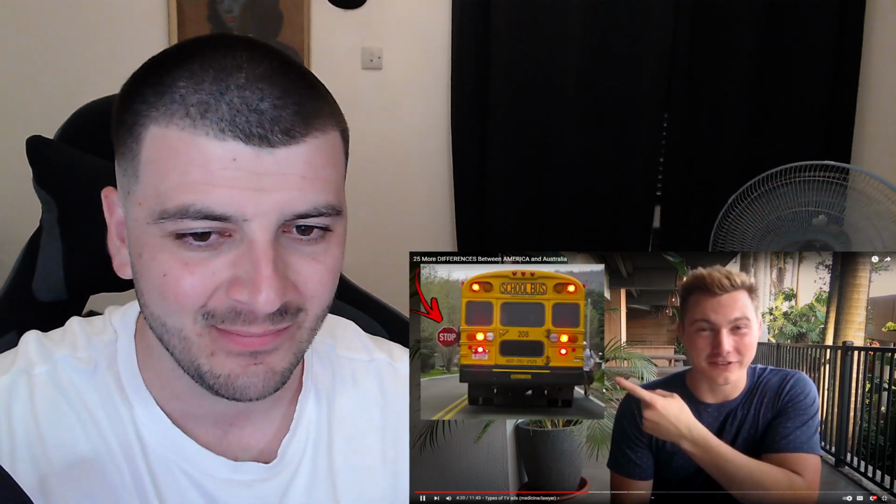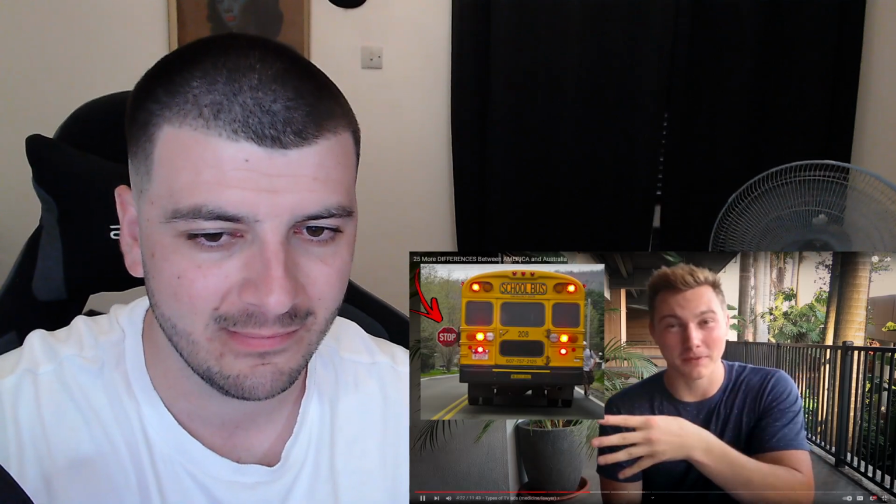They also flash out this little stop sign on the side of it whenever they're dropping kids off, and then cars going both directions on the road, the entire road just stops for these kids to get out. It's really annoying. I mean, I guess, you know, safety first, but it's really annoying. In Australia, they don't do that. Also, every single school in America, from elementary or primary school here, all the way up to secondary and high school, they all have mascots. In Australia, they don't have mascots with their high schools, at least, I don't know, maybe a couple do, but it's not common. In America, every single one has a mascot.